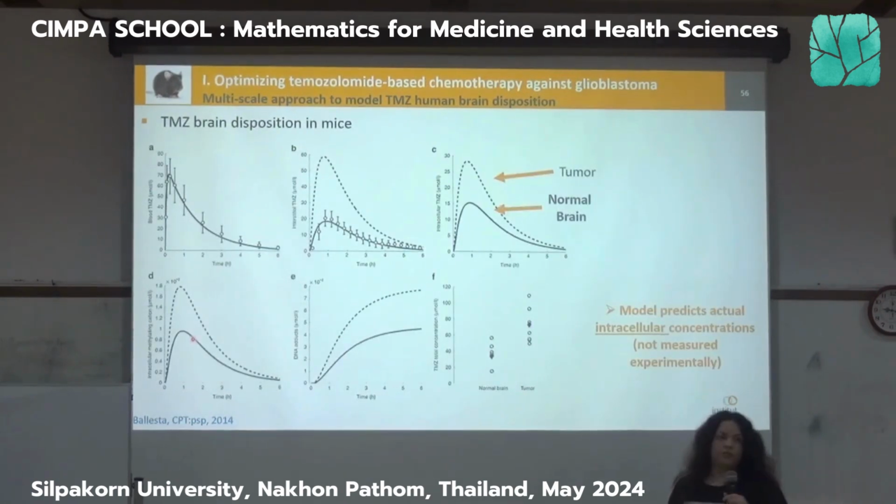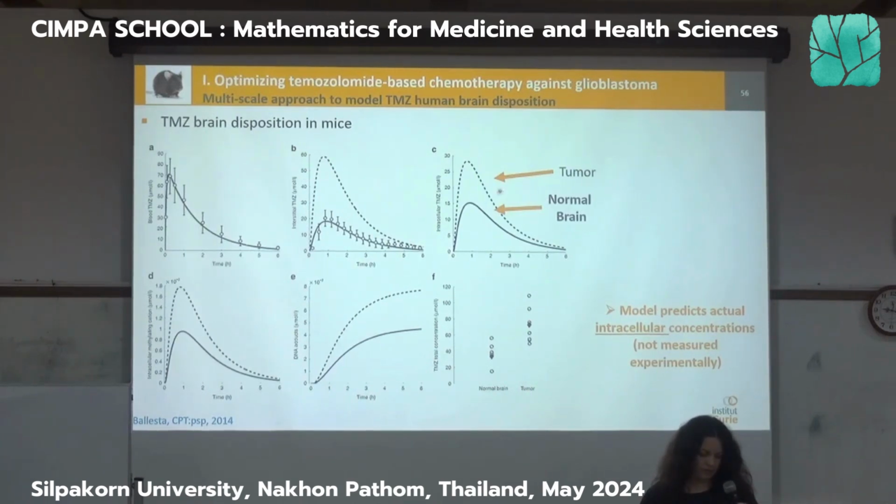So panel A is the forcing function. Okay? It's set by itself, completely independent of the rest, and this is something I have already showed you. This is the concentration of temozolomide in the blood, and this is the one compartment model. So this is the forcing function. Then in B, what you have is the interstitial fluid compartment. Temozolomide in the interstitial fluid compartment. So the solid curve will be the normal brain here, and the dotted line will be the tumor.